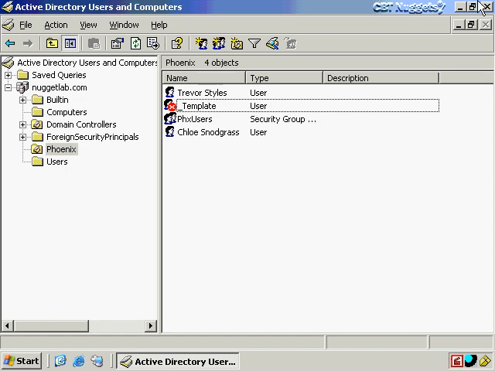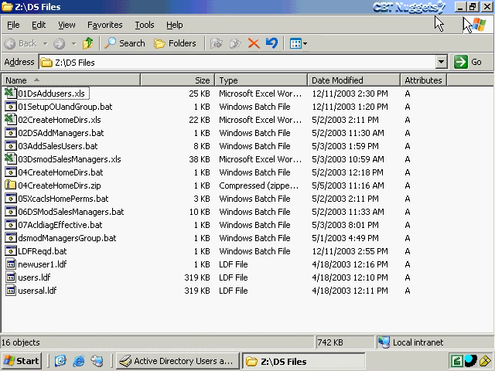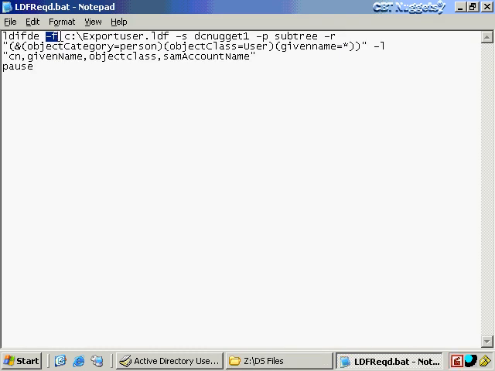First of all, let me show you that I've got some files that I've already put aside here to talk about ldifde. Now, I've created a batch file, and the reason why I've done this by right-clicking and choosing Edit is just so you can see the syntax that's involved with ldif. In this case, I want to export to a file. The default behavior is to export, so I don't have to really do anything except specify a file name and a location here. And then the server that I'm going to be working with, which is my local